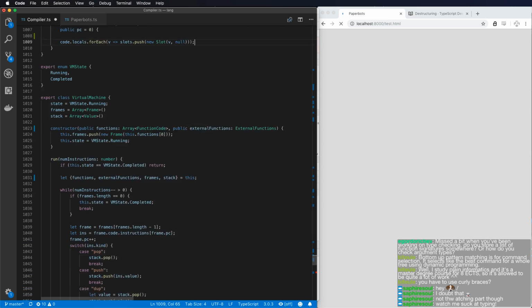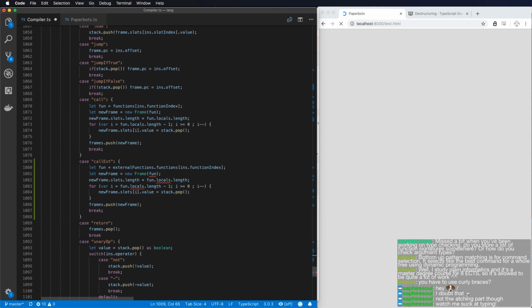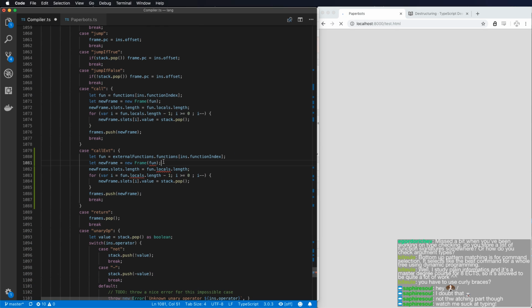Let's see why this is an issue. Okay, yeah, I don't need to do this. I look it up in the external functions, then why do I create a new frame? I don't need to create a new frame. And I don't need to transfer